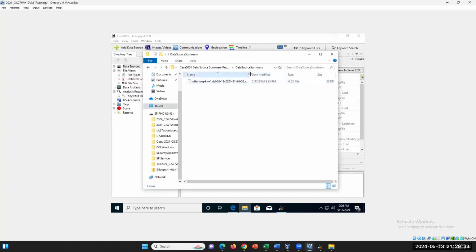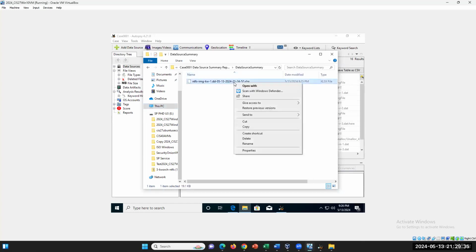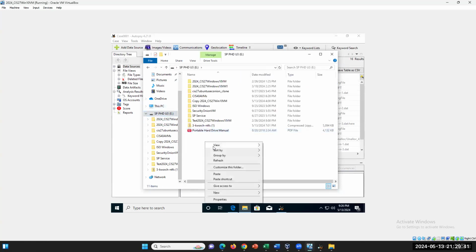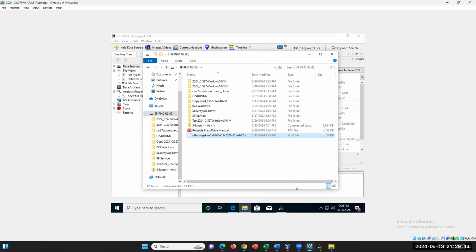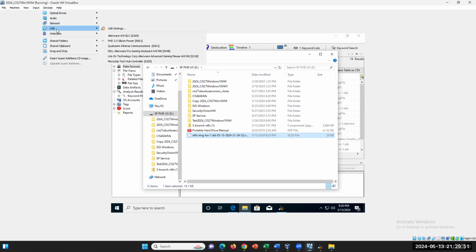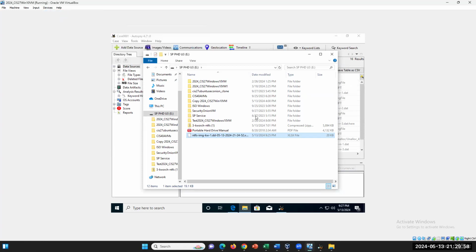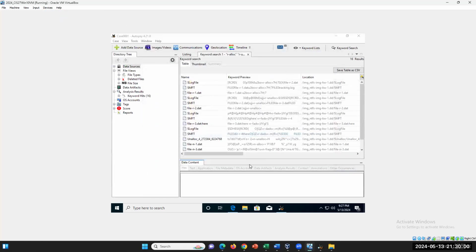So here is the file. I'm going to go ahead and copy this. And what I'll do is I'll go back to my USB and I'm going to paste it in there. Once that's done, I'm going to unmount my USB from my virtual machine so my host computer can see it. So click on devices, USB, and then deselect. So click on my USB drive again. So I unmounted or ejected my USB from my